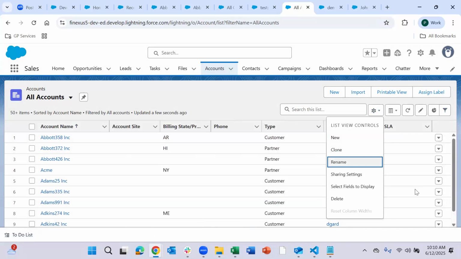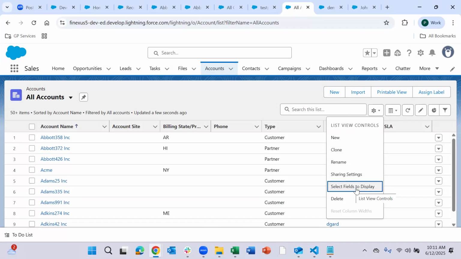Read through the different options that you have here. Clone is there, rename is there, sharing settings are there. Sharing settings are a little tough, and I'll explain them a little later when we see how we control the data or give access to a few people. Leave the sharing settings.